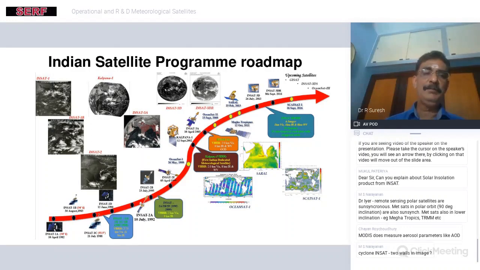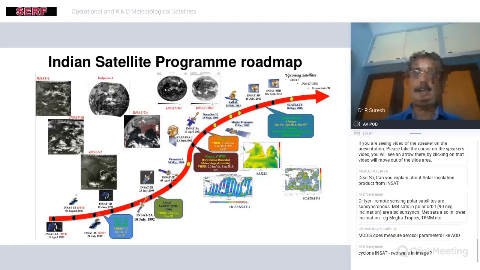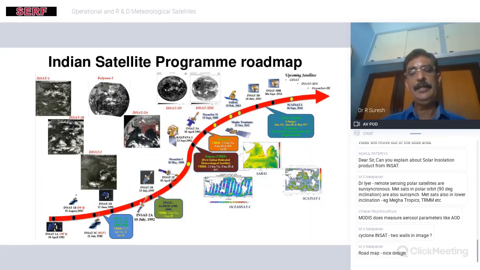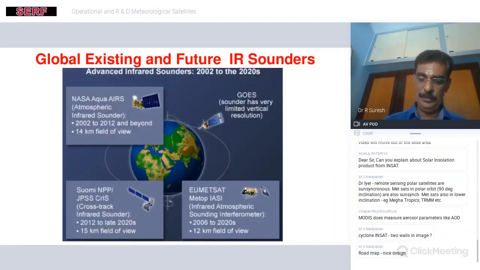Now our program started with a humble beginning long back, and we have come a long way. We are also contributing to the global community by providing satellite pictures and satellite data, because weather does not mean political country; data is accessible. This is useful for the operational forecaster, especially for international air navigation and ship navigation purposes. The satellite gives a vital tool, and ISRO is also contributing. India's agency, ISRO, contributes OceanSat winds, satellite derived winds, which play a vital role. So this is the view graph.